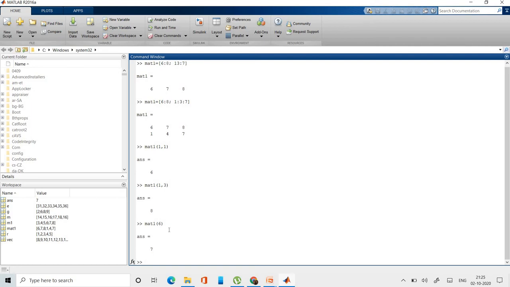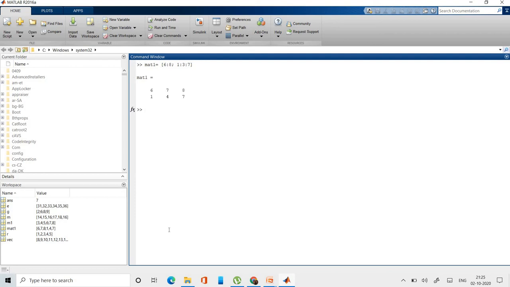Okay, don't use the linear way of extracting. Okay, so now let's do some scalar operations on matrices, that is, we will perform addition or element wise subtraction. Okay, so first of all, let's make one matrix. Mat 1 is equal to 6:8 semicolon 1:3:7.